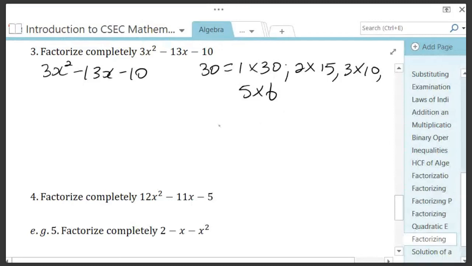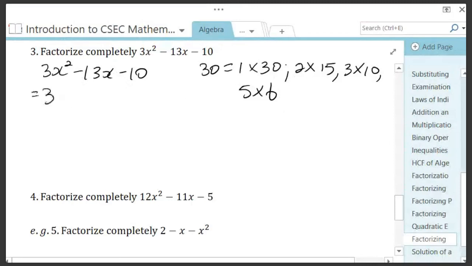Okay, so here we want minus 13. One of the values we need to choose here needs to be positive, because we want to maintain an even number of negative signs. So I would use minus 15 and positive 2, because minus 15 plus 2 will give minus 13. So I will write here